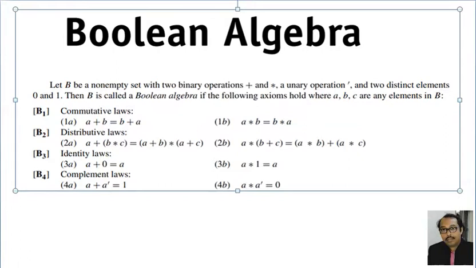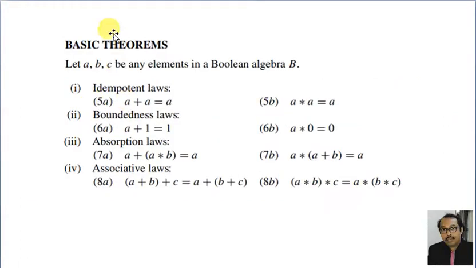Okay. Now next one is about some laws. Laws means you need to remember, similar to Newton's law, Kelvin's law. Some mathematical laws and theorems you need to remember, like a plus a is a, because Boolean logic deals with 0 and 1, so you cannot write 2a. 2a, 5a, 7a all are equal to a. Now a into a is, you cannot write a square, because either it is a or it is 0. Next one is the boundedness law.